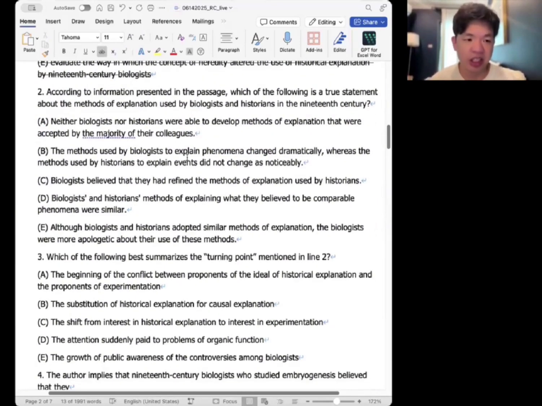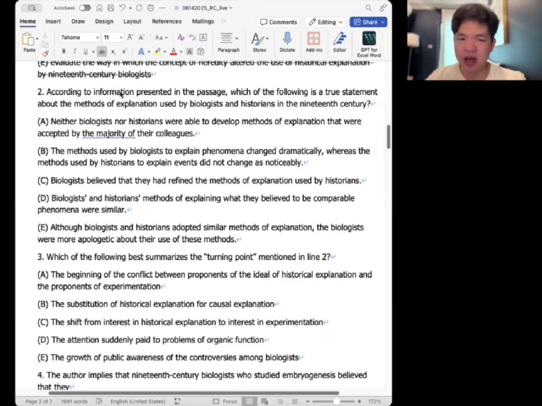Okay, let's look at the second question. The second question says, according to the article, everyone, pay attention to this, according to the article. We've talked about this in class before. According to the article means it's a supporting idea question, right? The key point of a supporting idea question is that you only say as much as the evidence allows. If the article doesn't mention it,